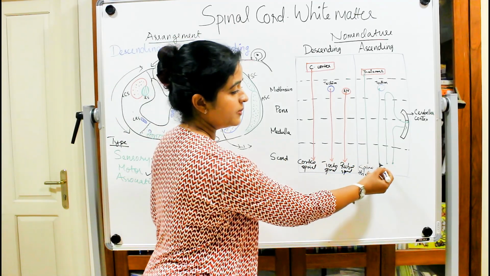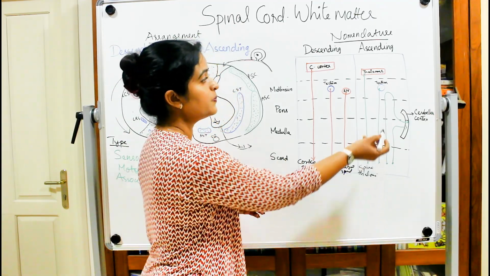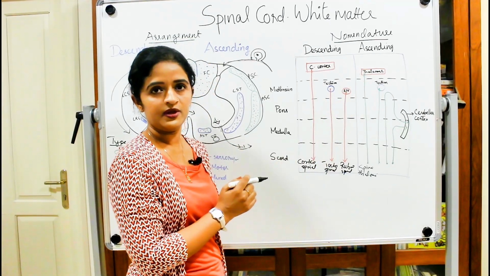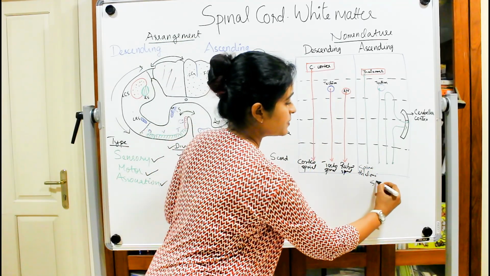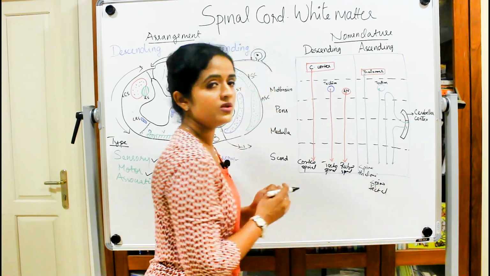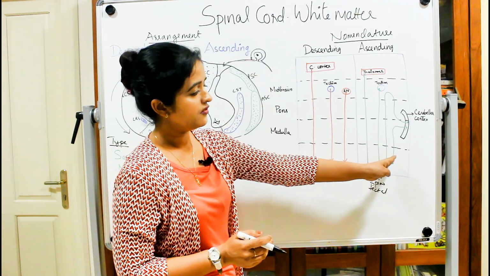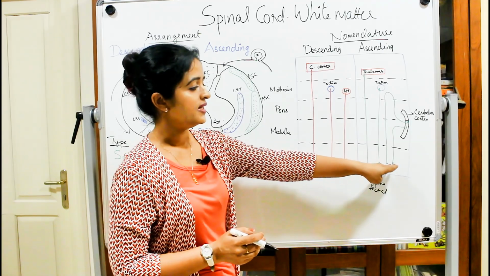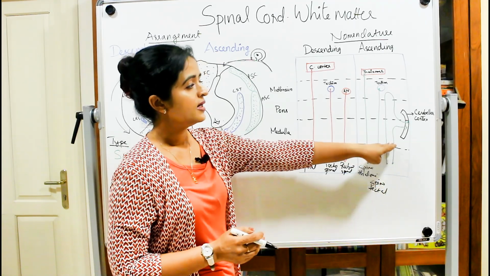Then the next set of fibers arise from the spinal cord and end in the tectum of midbrain. You call it as spinotectal. The third set of fibers which I have shown here, they arise from the spinal cord, they